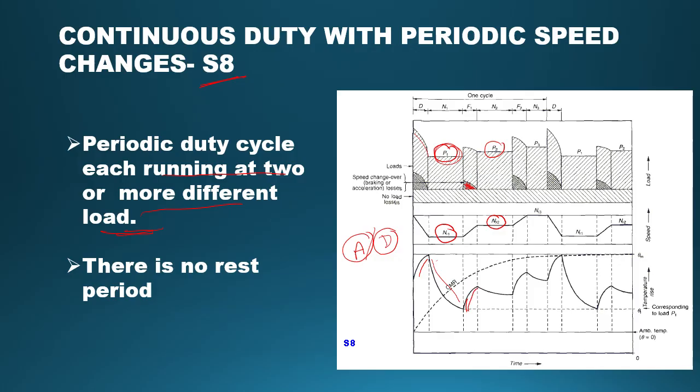After that, it attains the speed N2, and therefore the temperature will come down corresponding to this load P2, and again there is a period of acceleration. This is acceleration and the temperature rises. Then this temperature corresponds to this load P3. Similarly, after this point, we again come back to the starting. The P1 load will be there, and the cycle repeats. This is the cycle from here to here. So we have discussed all the duties from S1 to S8,